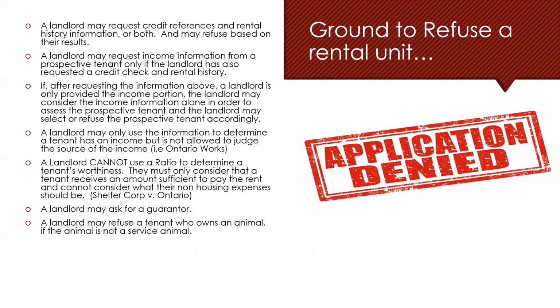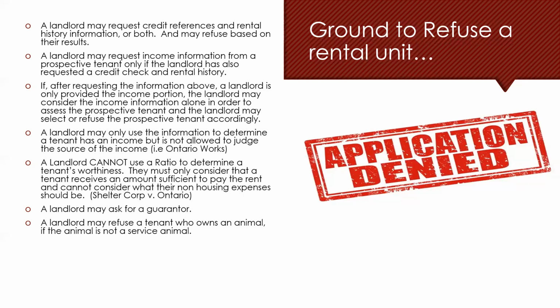And the HRTO has said that that's a prima facie case of discrimination, and that if the rental unit is $3,000 a month and the tenant proves sufficient income to cover $3,000 a month, a landlord is not allowed to now impute whether or not the tenant can afford that. Now, a lot of this can be for various reasons. Some of it would be that maybe that tenant has off the book income that they don't declare. Maybe that tenant is receiving child support or child tax credit or HST rebates that allow them to sustain themselves above and beyond what the rent is. But a landlord cannot assess simply based on a ratio